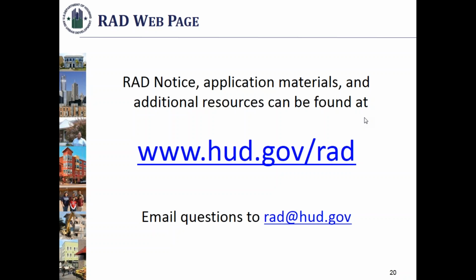There's some language around it. The tenant has to stay in the property for 18 months, that sort of stuff. But unlike other PBRA properties, they do have that choice mobility option after conversion. So the tenant would do a tenant-based voucher. They could have a tenant protection voucher, a housing choice voucher, or something else. They have the ability to leave to go to another property, right? And there's no